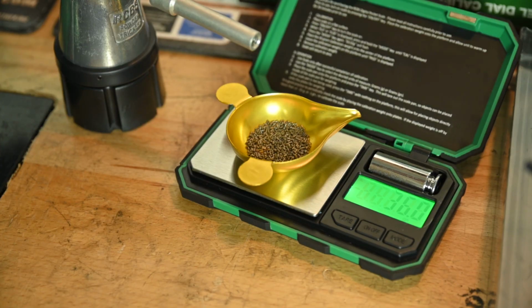and scale. As an example, if my targeted charge weight is 30 grains, I can set up my volumetric powder thrower to 28 grains, and then use my trickler to fine tune the accuracy on the scale. The reason we wouldn't go to the exact targeted charge weight is because you might get overthrows due to the